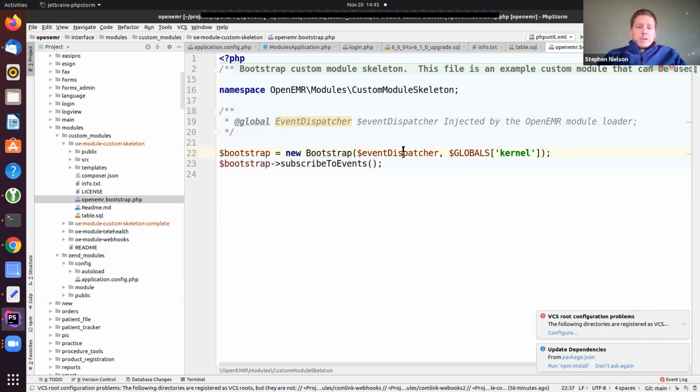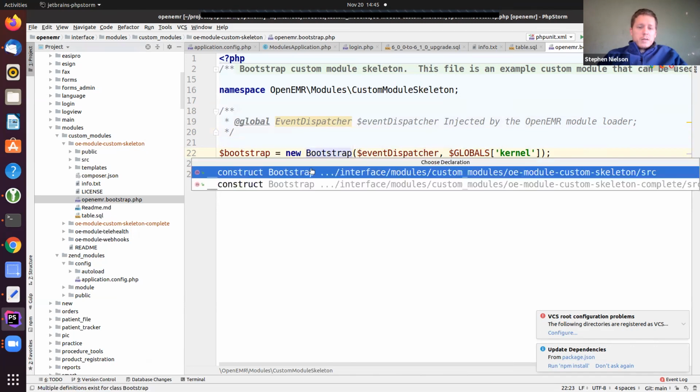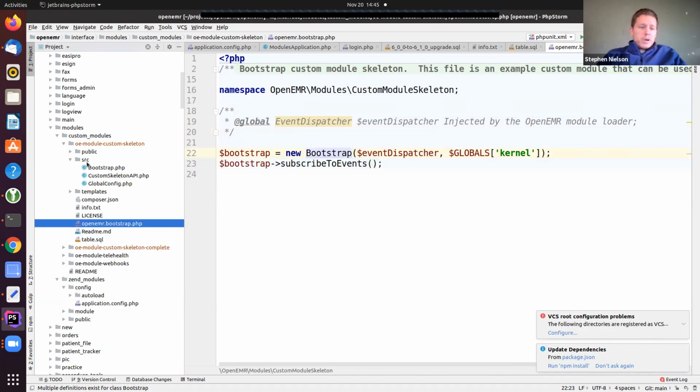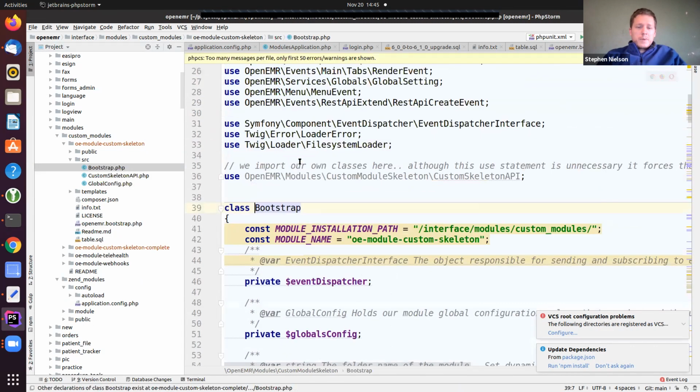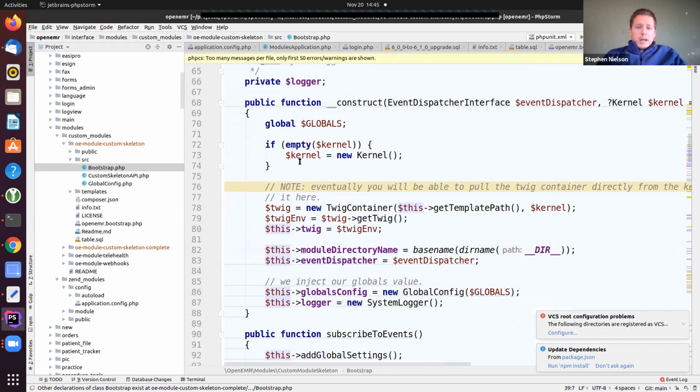Now in this case, I'm going to send in my event dispatcher, and I'm going to send in the kernel here for my project. Let's go here, and it's going to load up source bootstrap. And it has this file here.